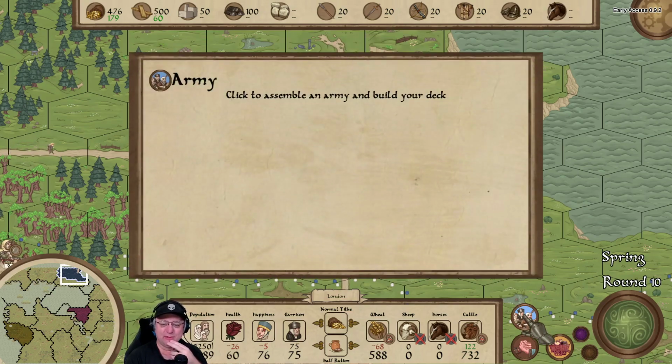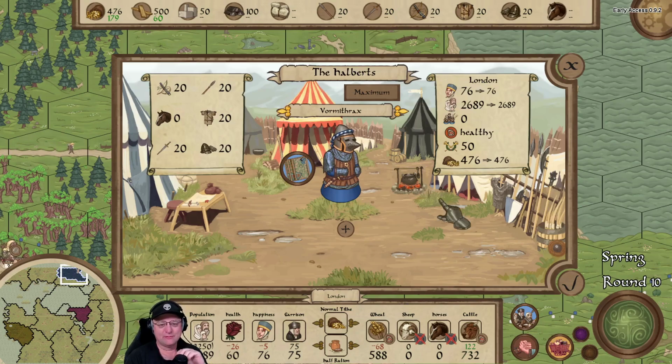Click to assemble an army and build your deck. Let's do that. Let's look at more fun stuff. The halberts. Okay, so we've got some light weaponry and resources available. Ormithrax. What buttons can I actually click on? So raise an army, I assume here. Halberts. I can change the name. Great. Maximum of what? What is...